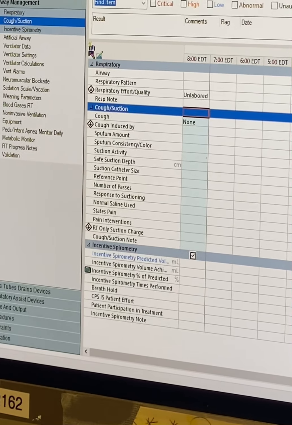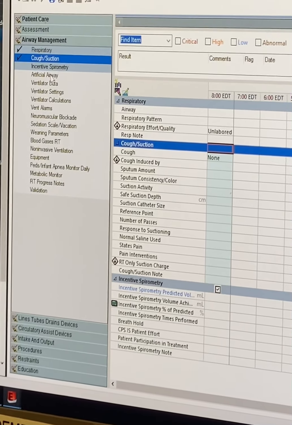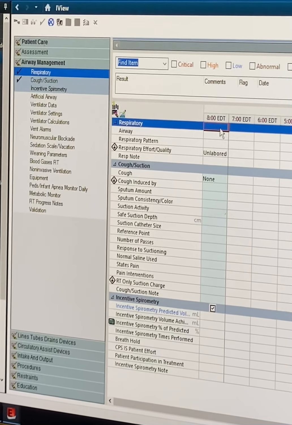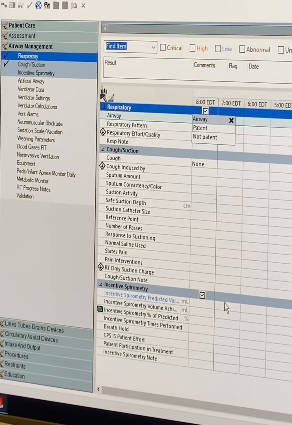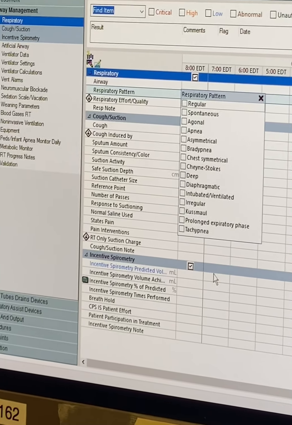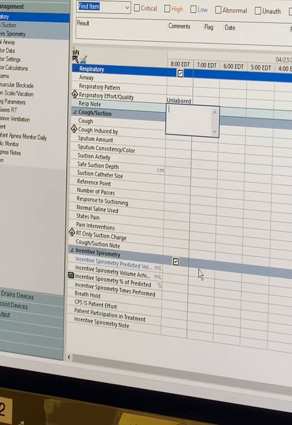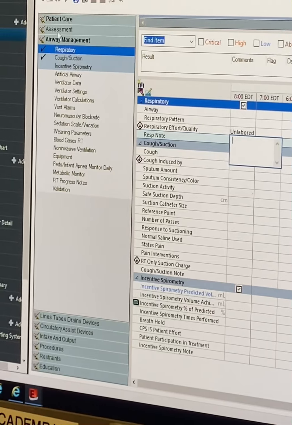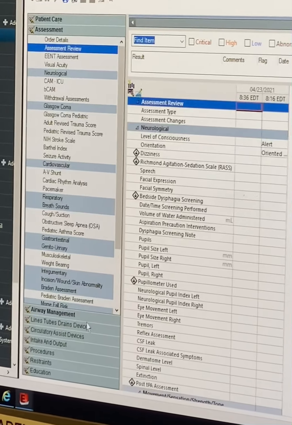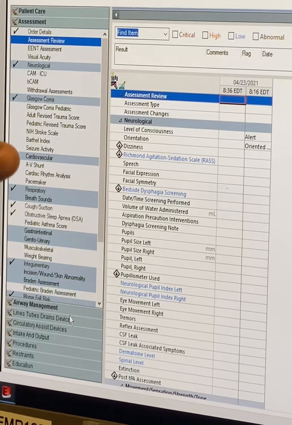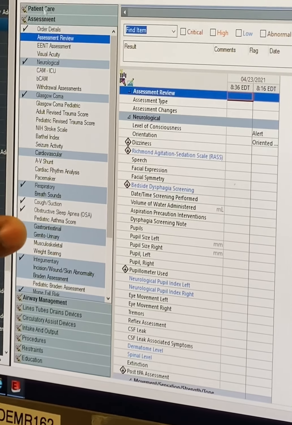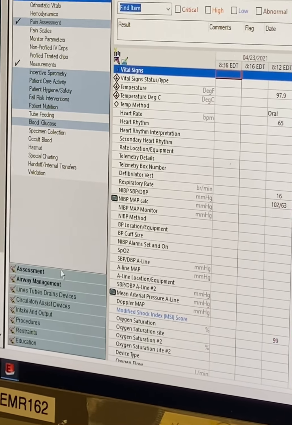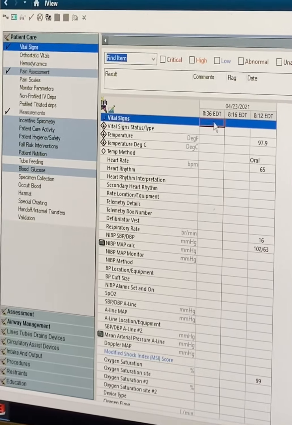Here in the respiratory section, go up top and double click. That just tells you how they're breathing. But under patient assessment is where it is. I wanted to see the pre and the post. Before you give a treatment, go to their vitals. Their vitals should be under patient care. There it is, vitals. When you double click in that line,